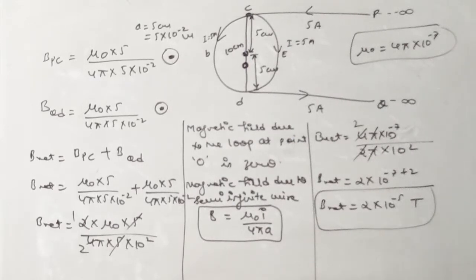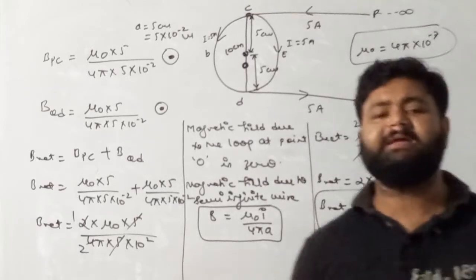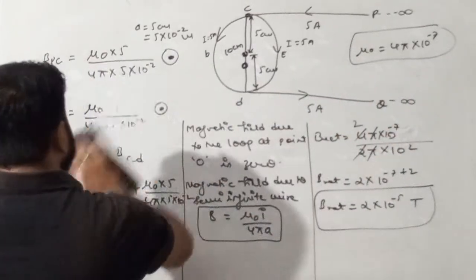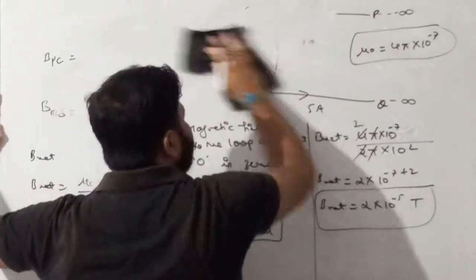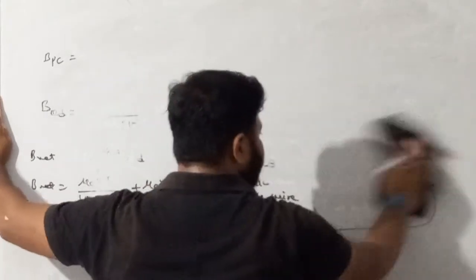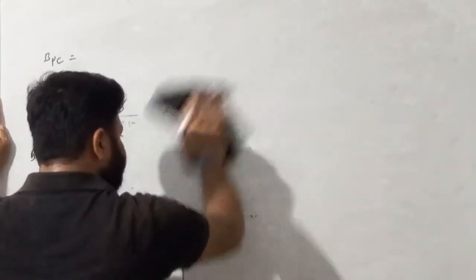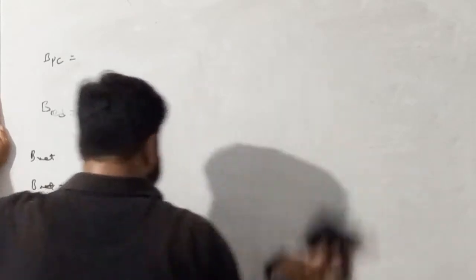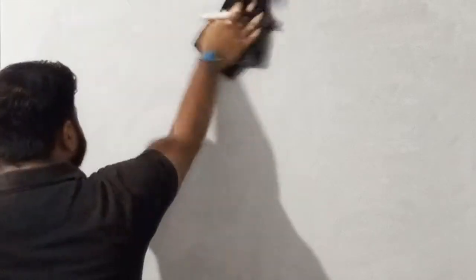Next numerical: two identical coils P and Q. Please write down the next numerical. Two identical coils P and Q. Identical means radius and other things are the same. So write down: two identical coils P and Q, each of radius capital R,